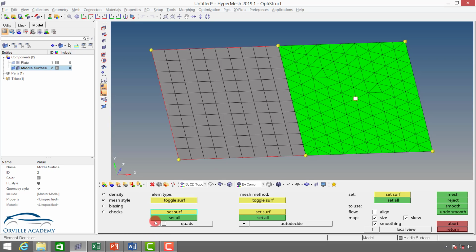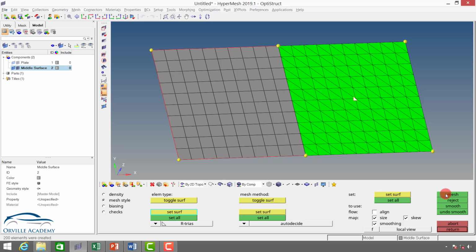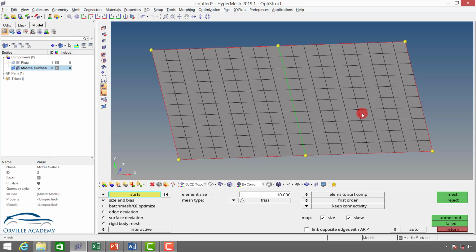If I set it to tria, set all, then you can see symbol has changed, or if I say R tria, then you have to say set all, then and then only it will change, and then I can say mesh. You can see a element type has changed. So, but since I wanted chord element, I will set it to chord, I will say set all and then I can say mesh. Now see the mesh has changed.